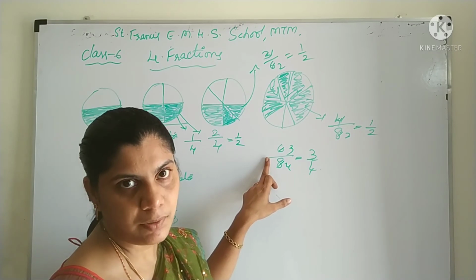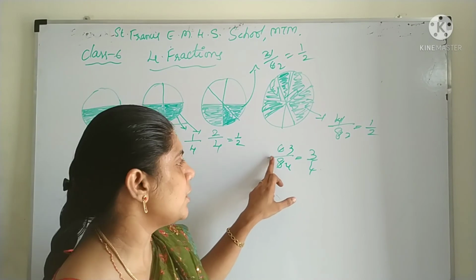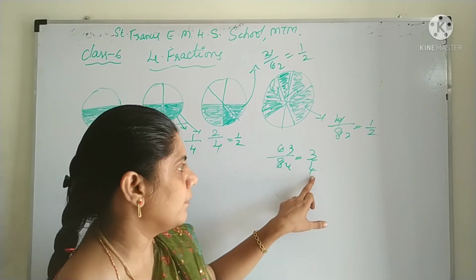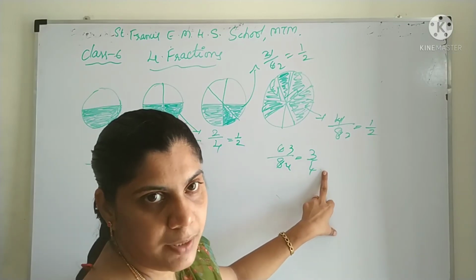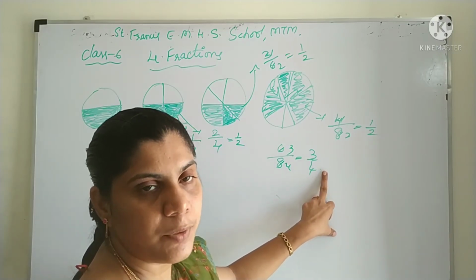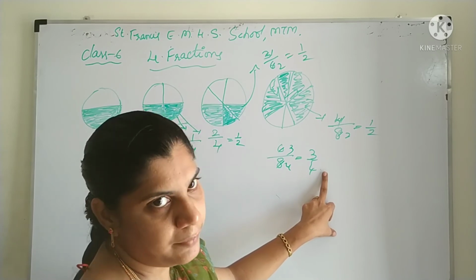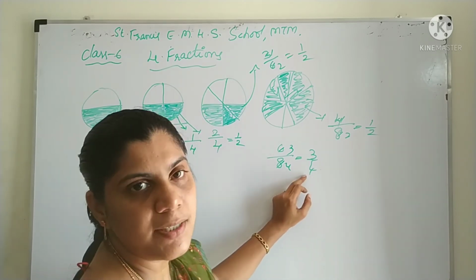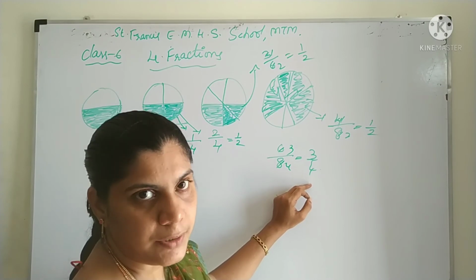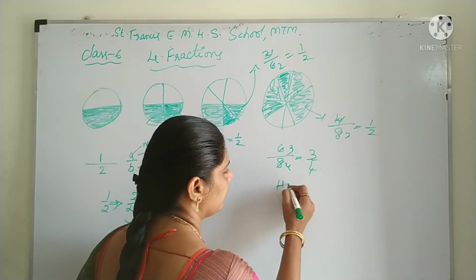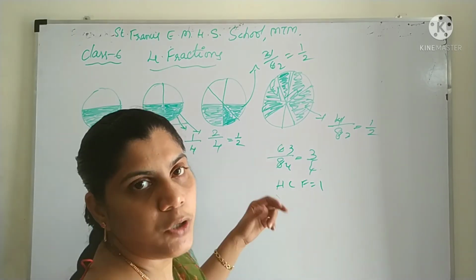Irreducible fraction. Simplest form. That is nothing but the HCF. The HCF of these two will be 1. We can reduce this into 3 by 4, but further we can't reduce it. Right, 3 by 4 has one and only one common factor, that is 1 only. Numerator and denominator both have 1 only. That is, the HCF is 1. So these types of fractions will be called the simplest form of the fraction. Irreducible fraction. That means HCF equal to 1. Common factor in the lowest form.